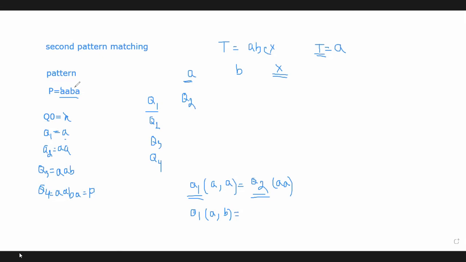At first we have to create some substrings by taking the characters, right? Initially, if we assume that the pattern was empty, we can denote it as state Q0. That is the first state, right? And the second state is Q1, where we can take the first character of the pattern. That is the first substring of the pattern. And this is the second substring, where we can take two characters A and A. And in the third substring, we have three characters A, B, and this is the last substring.